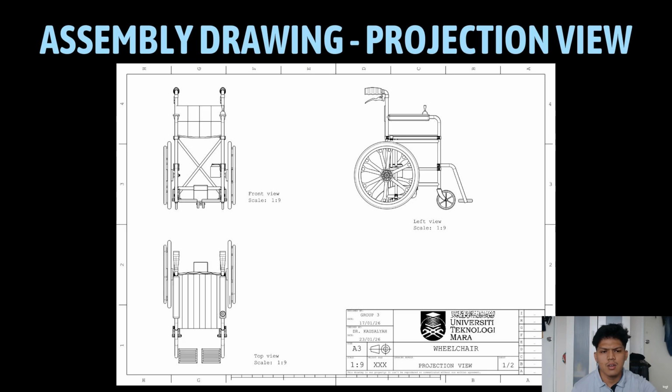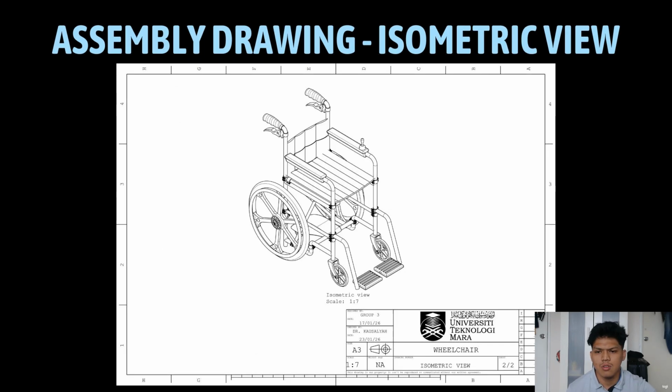This technical documentation serves as the blueprint for assembly, detailing the precise positioning of the fail-safe braking system and electrical housing discussed previously. Adhering to this formal engineering standard ensures that the final product remains reliable, safe, and ready for large-scale production. And also, this is our assembly design for isometric view. As you can see from the isometric view, our wheelchair drawing.